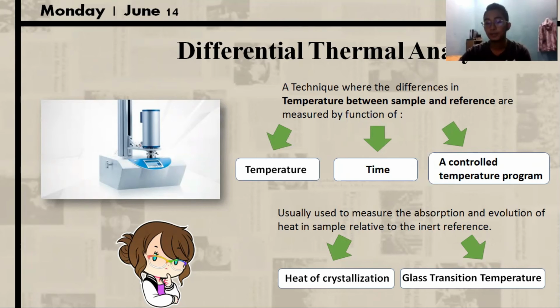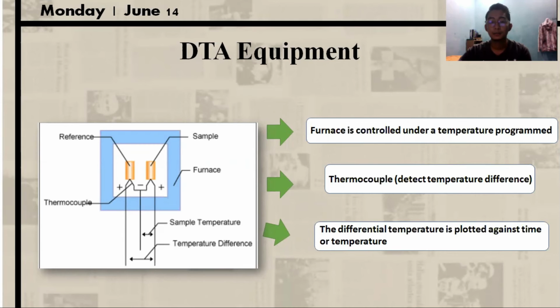For example, heat of crystallization and glass transition temperature. There are a few parts of DTA equipment, and the most important parts are the furnace and the thermocouple, where the furnace is controlled under a temperature program. A thermocouple is used to detect the temperature difference between reference and sample, and the differential temperature is plotted against time or temperature. In today's market, most manufacturers have incorporated DTA into TGA analysis, which enables them to collect mass loss and thermal